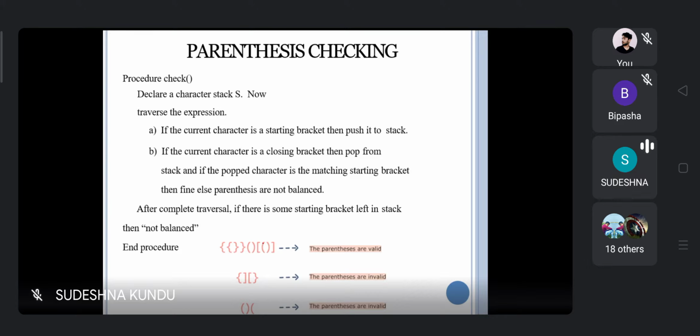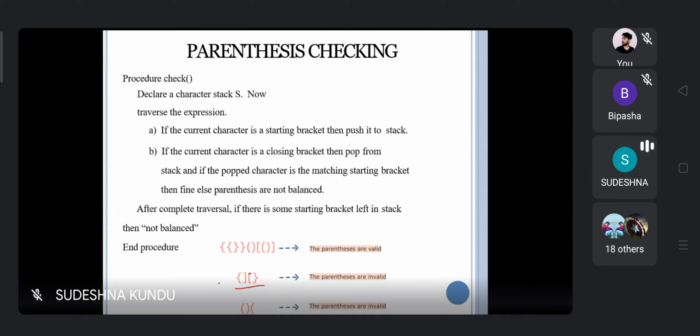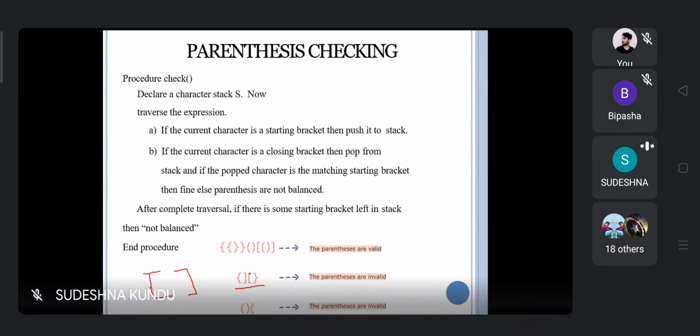If you have opened some curly braces or the square bracket, you have to close them in sequence. First it will open, then it will be closed. Suppose a square bracket is opened, then its counterpart square bracket is also closed in this manner.